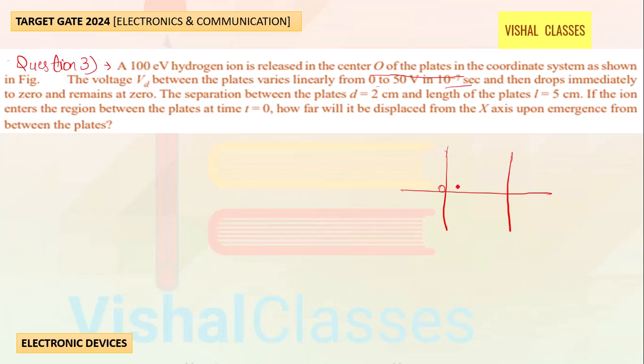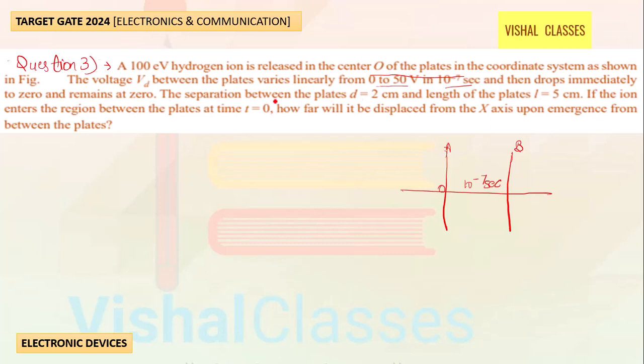This question is also similar to the previous question, but somehow a difference is there. The voltage VBD between the plates varies. I am assuming this plate as A, this plate as B. The voltage is varying from 0 to 50 volt in 10 raised to power minus 7 second. Okay, and then drops immediately to 0 and remains at 0. After linear variation from 0 to 50 volt, the voltage comes out to be finally 0 and remains